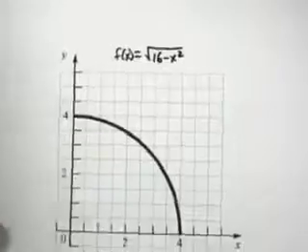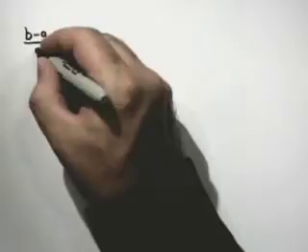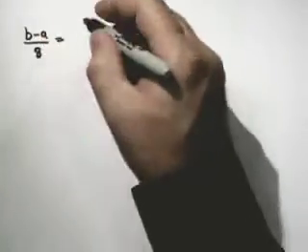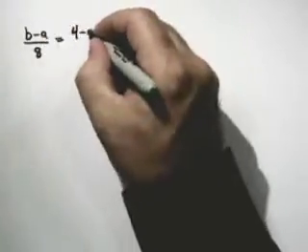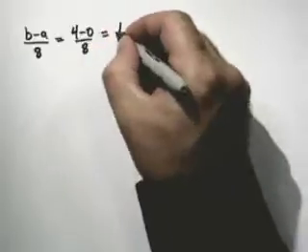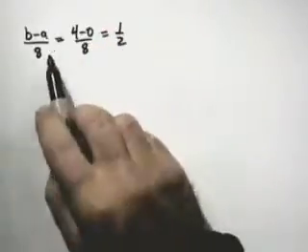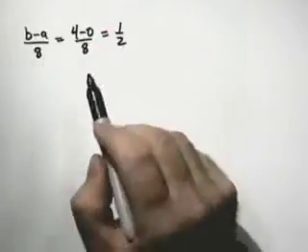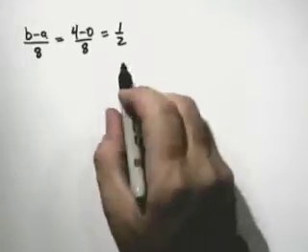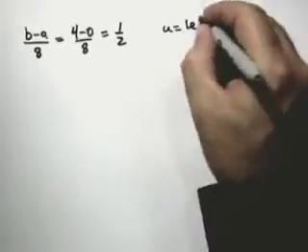Now, for part B, we're asked to partition our interval from 0 to 4 into 8 subintervals. We want those to have equal length, so we'll use our formula b minus a divided by 8. This will give us 4 minus 0 divided by 8, which is equal to 1/2. So each of our subintervals will have a length of 1/2 unit. Since u is the left endpoint,